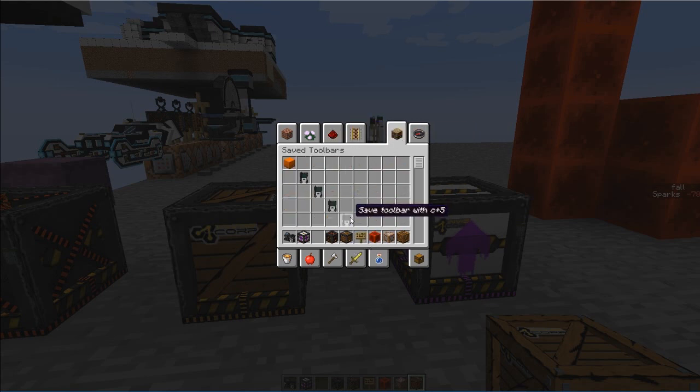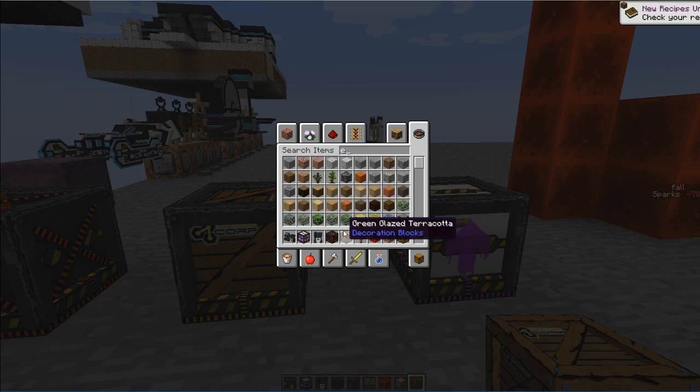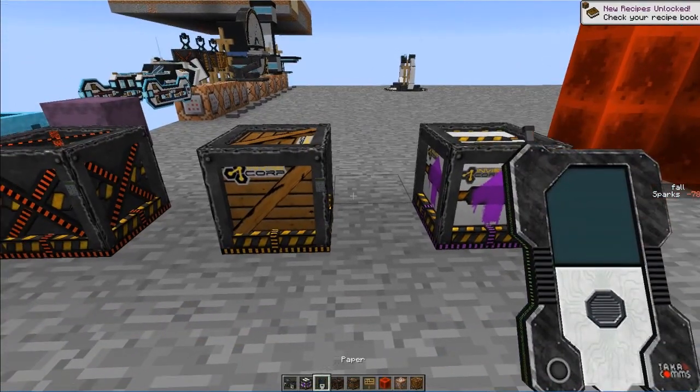I guess we have a communicator texture now. Let's have a look at this. Getting distracted is my primary skill. Ooh,